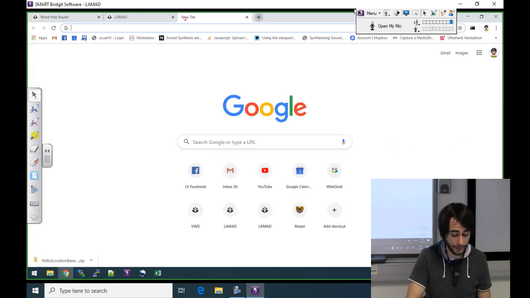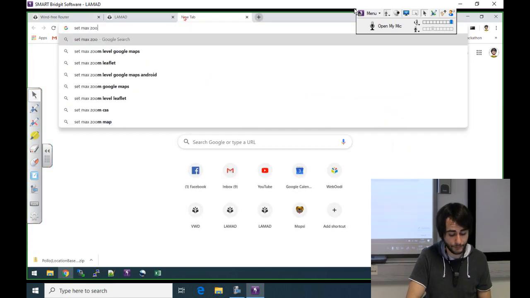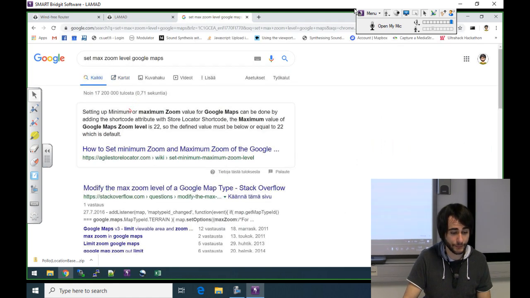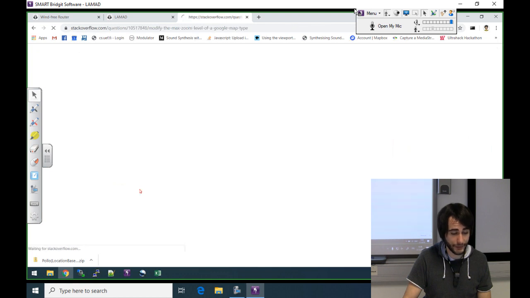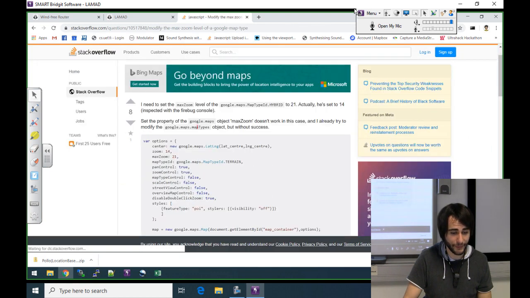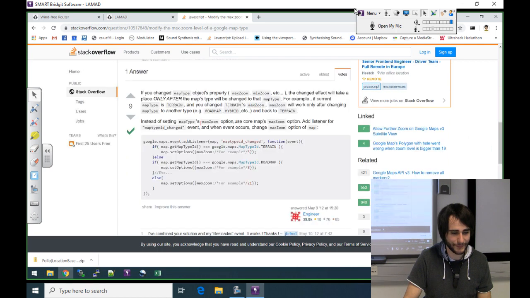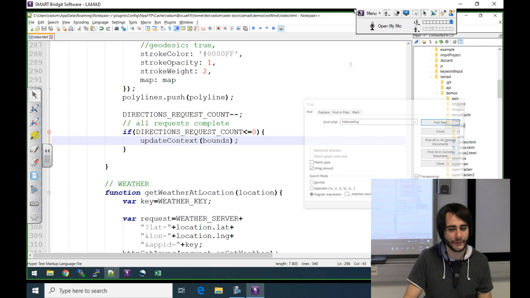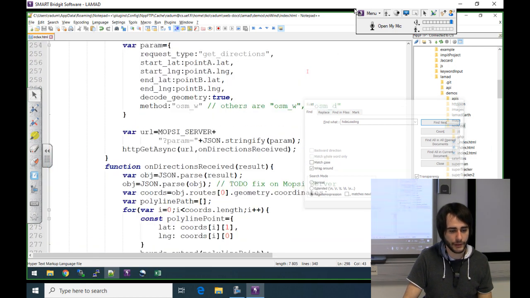I don't know how to do it, but I know how to search for information online. Okay, very complicated. Not really. So just this max zoom. We need to,